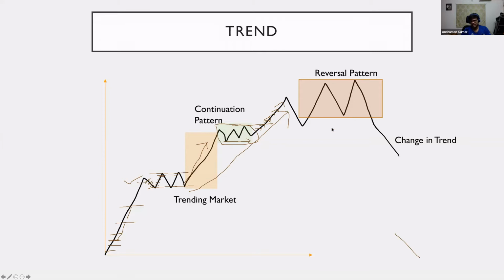And what the reversal pattern will do is, if the prices are moving higher, it will now change the trend. So let's say again, going back, the automobile stocks, before the pandemic, they would have been moving higher. And now you have a reversal pattern, which was, let's say, during the pandemic, and the trend would have changed. All of this takes time. When we talk about market participants, the prices are not going to move unless and until somebody is buying and somebody is selling. So essentially, whether it's continuation or a reversal,